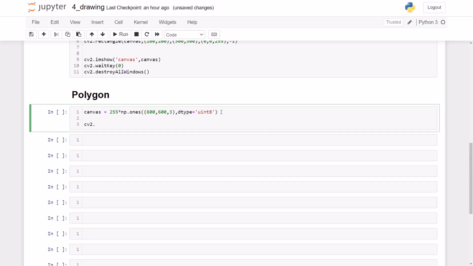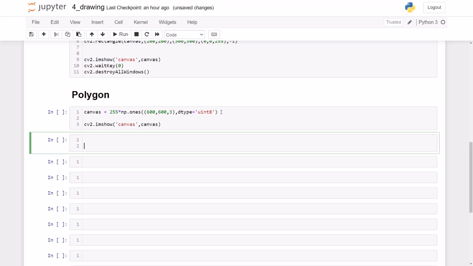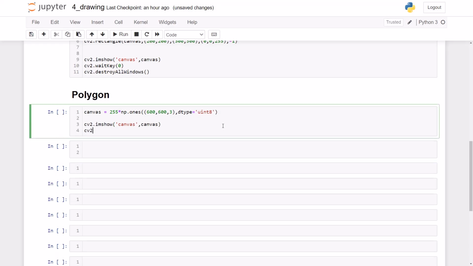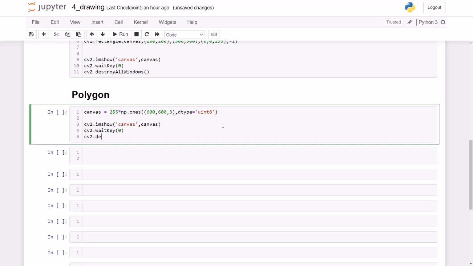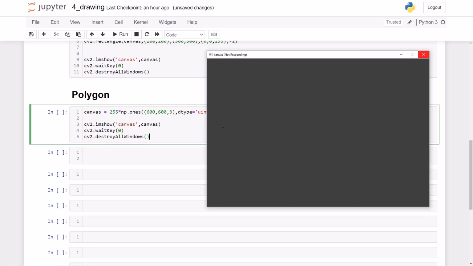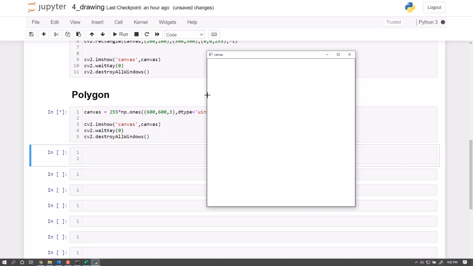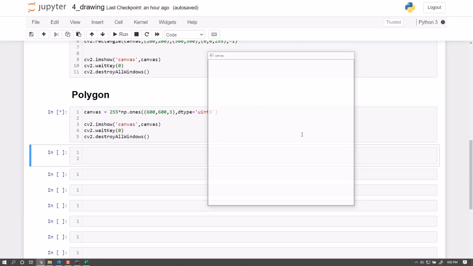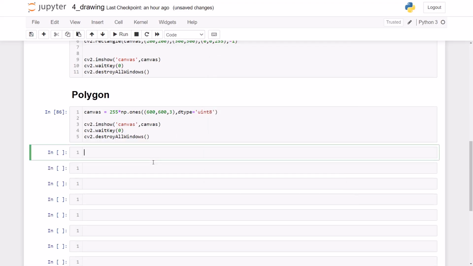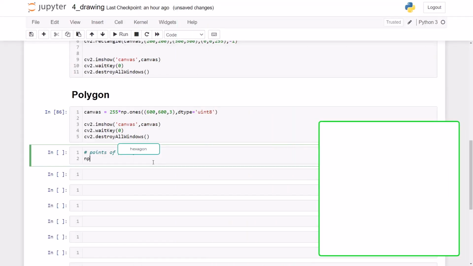So let us display it. You can display with cv2.imshow canvas and canvas, cv2.waitKey of 0, cv2.destroyAllWindows. Execute it. Here you go. This is our white canvas. In this canvas, I just want to draw one hexagon. So let me define the points of the hexagon here. So the points of the hexagon, let me define in np.array,